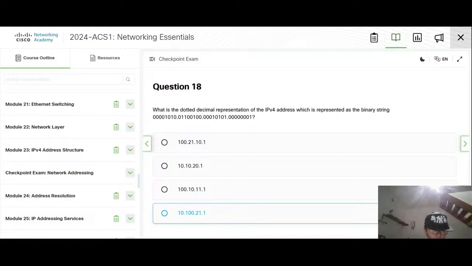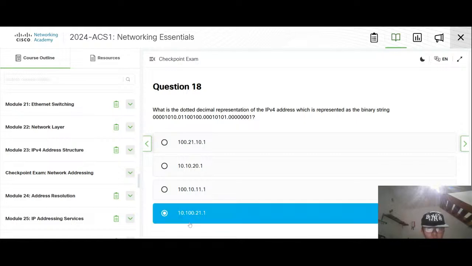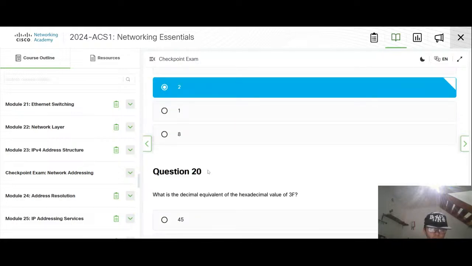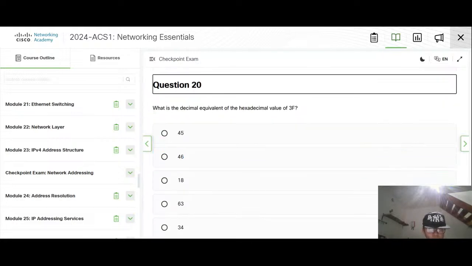Okay, this one, the count is 10, and then 100, 21, 1, 2, 3 is 3, F is 15. All of this.